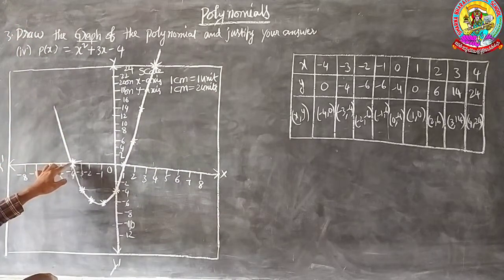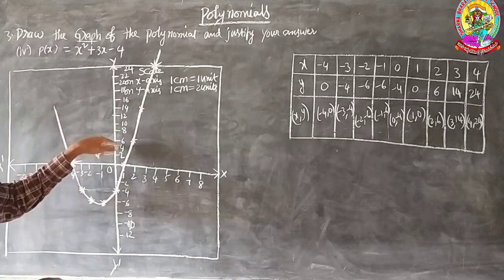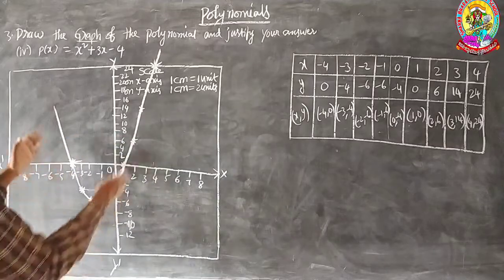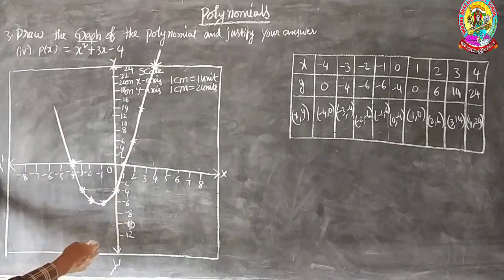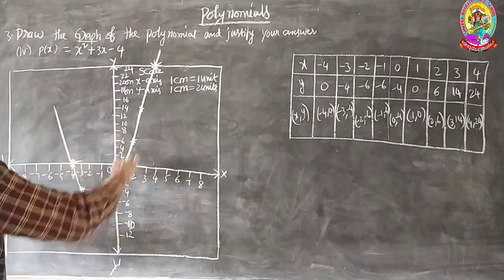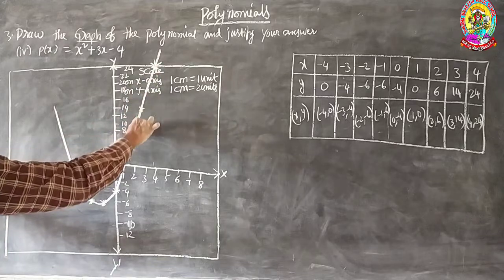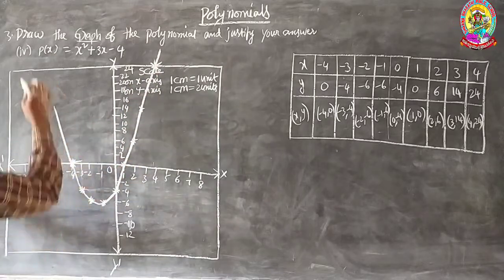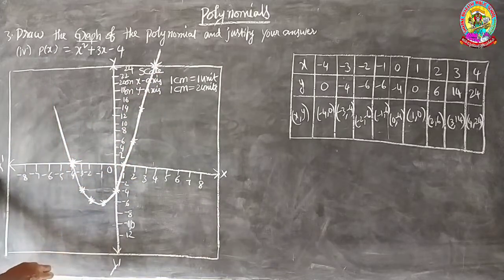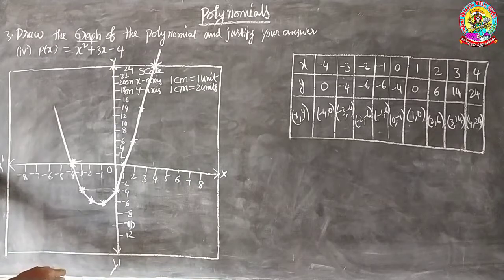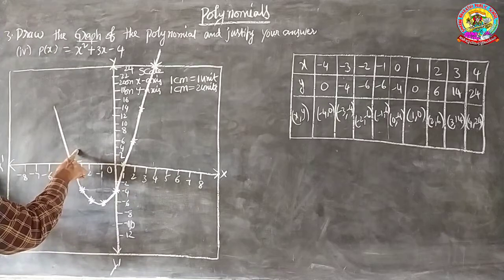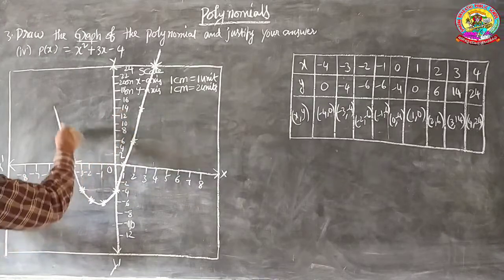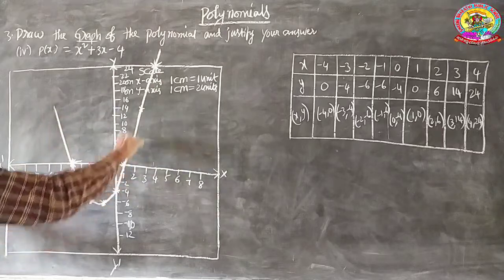Here the graph has ended, but if you extend it, it gives a perfect shape for your graph. So in this way you can easily draw the graph by using a pencil and scale. This is a freehand curve, so no need to use the scale for joining this curve. For y is equal to mx plus p, those are straight lines, you must use the scale, but for these parabolas you need not use the scale to join the points. You must join the points with a free hand.